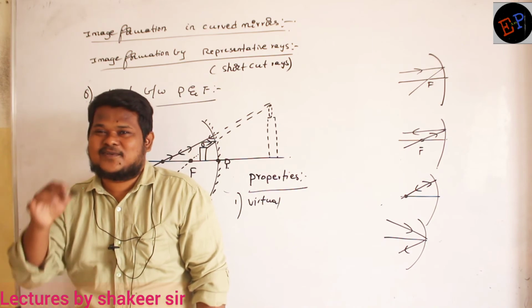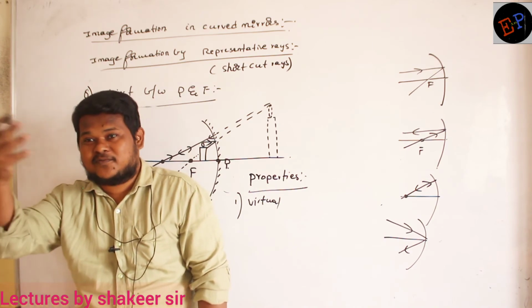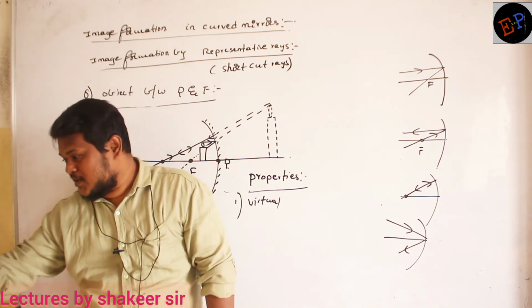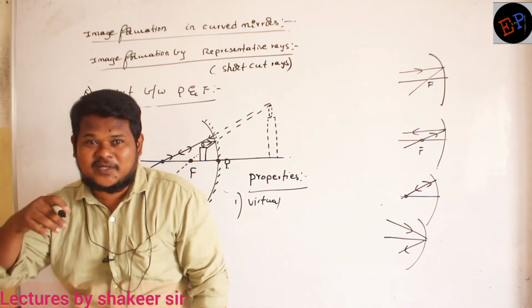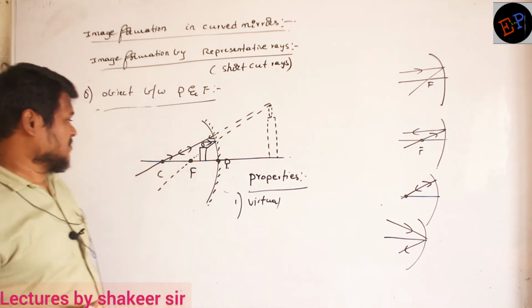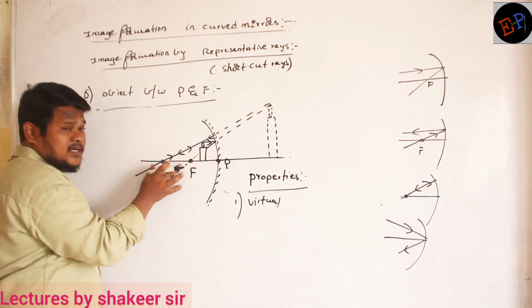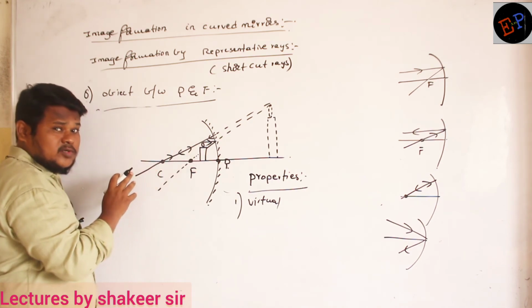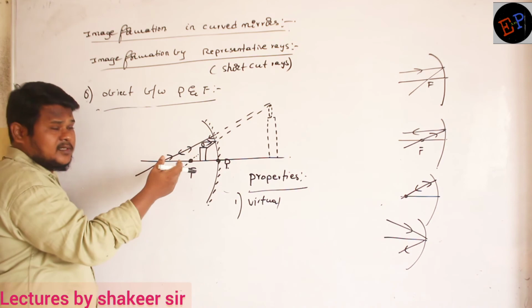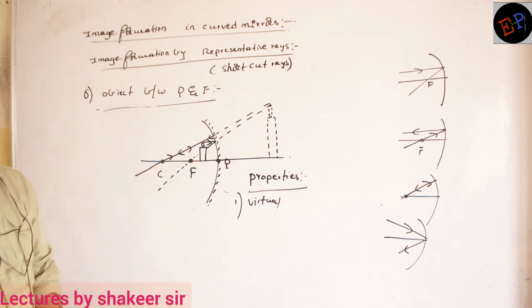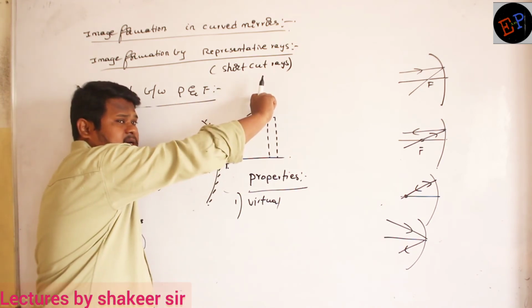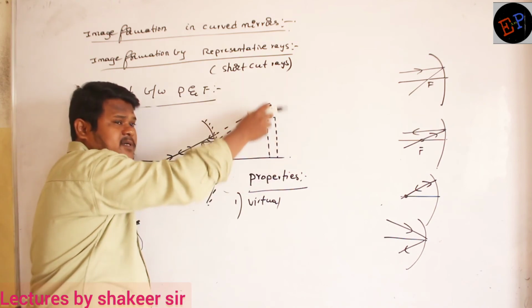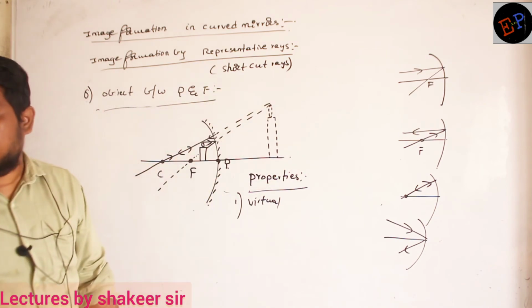Understand? Therefore, the person believes that a cloud is a group of water molecules, no? So he believes water is present somewhere, and he starts running to that mirage. So here also the same concept. In which direction is light entering your eyes? Eyes will believe that the object is present in the same direction. Therefore, if you extend these light rays backwards, it appears as if the image is present here. Are you able to understand, ma?